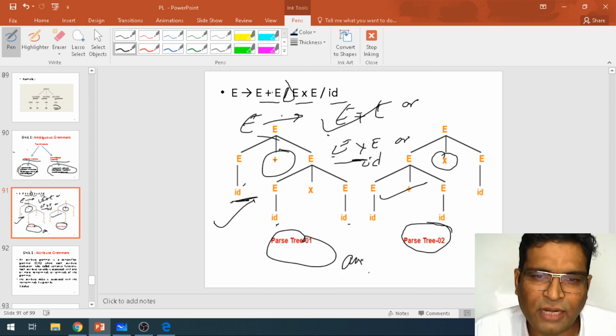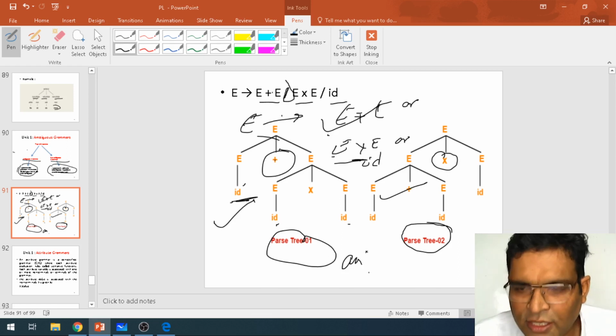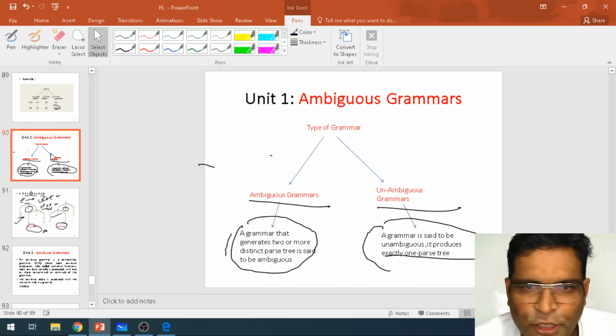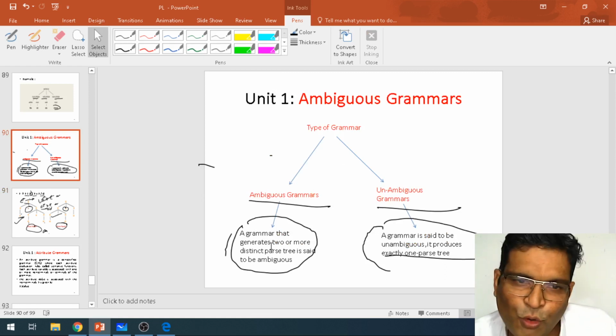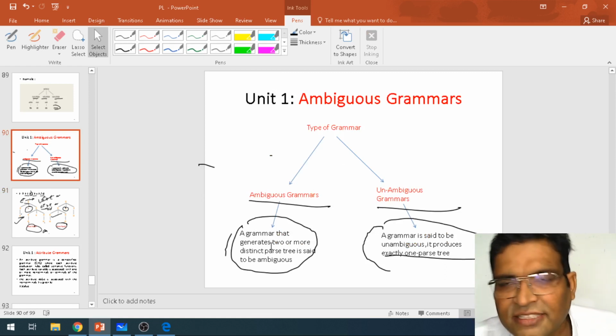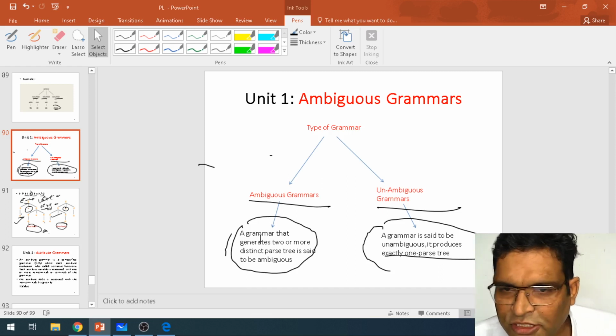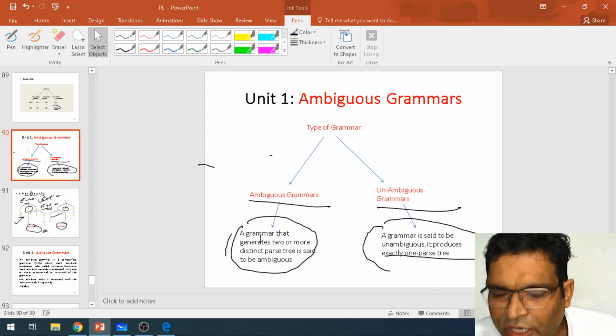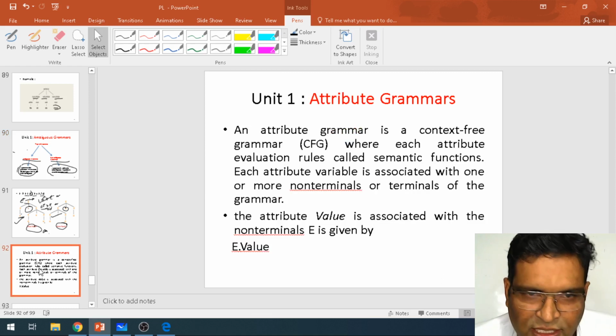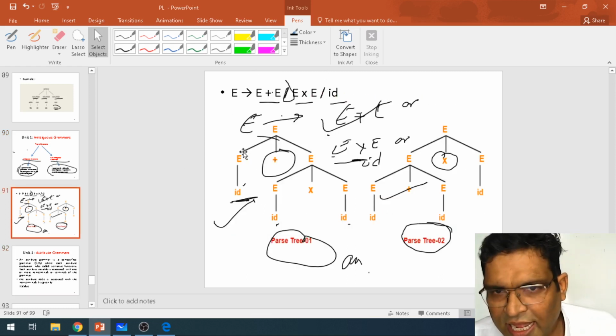If you don't, then we call it non-ambiguous. A grammar which has two or more distinct parsing trees is said to be ambiguous.